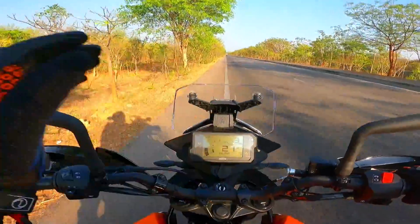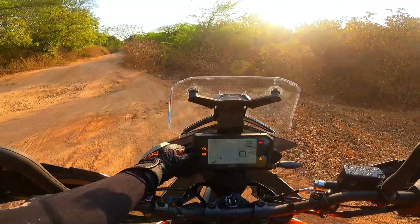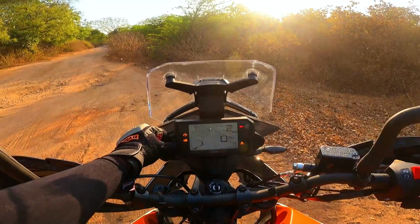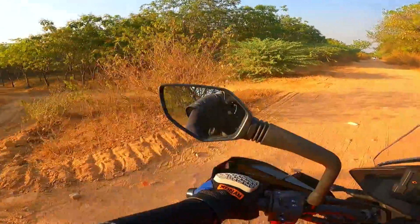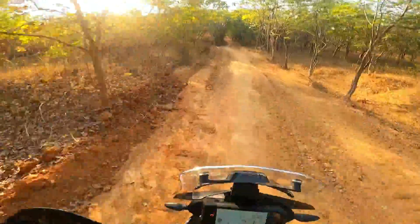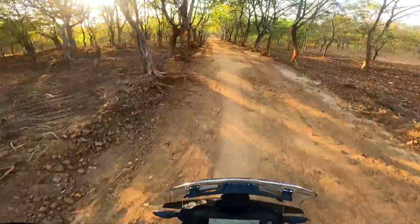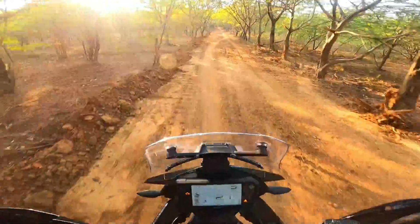Now let's open the dimension into the off-roading terrains. Okay guys, so we are on the off-roading terrains now. Let's switch the ABS to off-road mode. Let's get into this trail and let's see how the bike fares. The brakes are brilliant actually on tarmac, especially the 320mm front disc. On off-road it's all about using the rear brake and spinning the rear wheel freely,